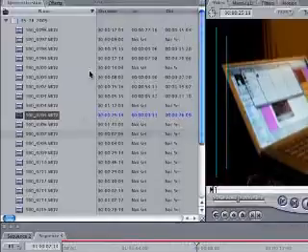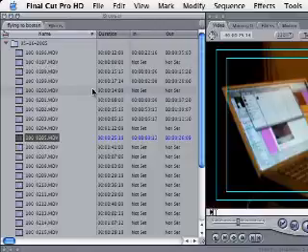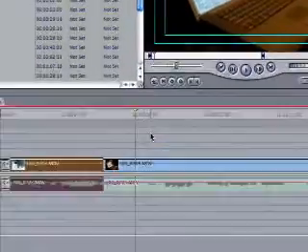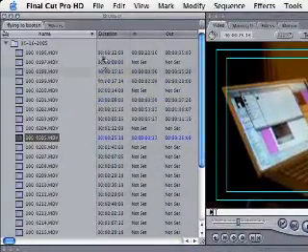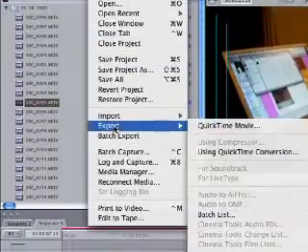Okay, I am going to show all of you Final Cut Pro editors how to compress in Final Cut. The Final Cut that I'm using right now is Final Cut Pro HD, but this will probably work for Final Cut Pro 4 as well. So right now we're in the Final Cut Pro window, and we're going to go up to File, Export,